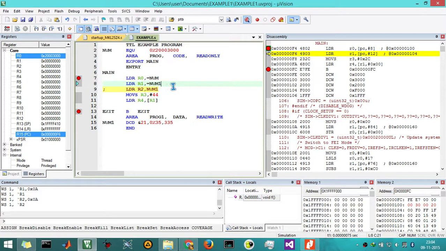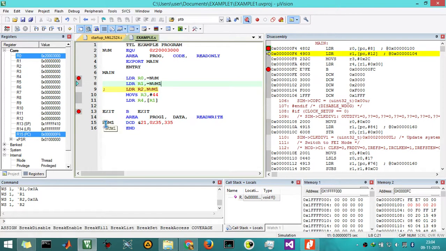Now if we come to this statement, LDR R1, =num1. Now that we have declared a memory in the random access memory, this will have an address.